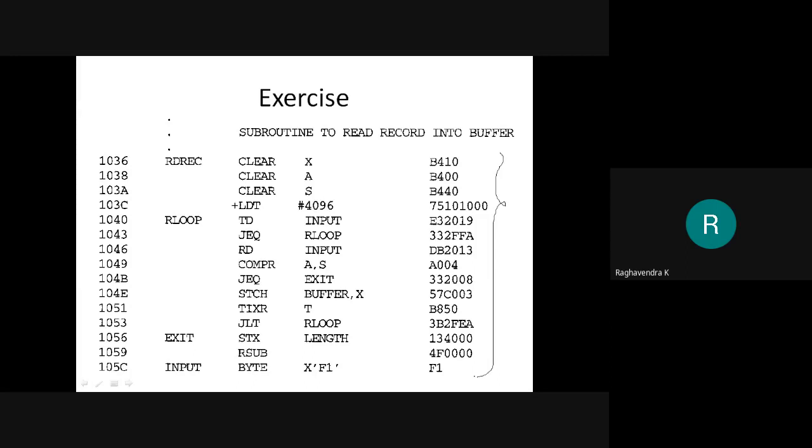Got it? So be careful and look into the program and the PPT. I already shared the PPT with you. Verify how we got this object code. You have the answer to cross-verify. So try this out on your own, and if you do get any doubts, you can inform me in the next session. Obviously it is in the evening.